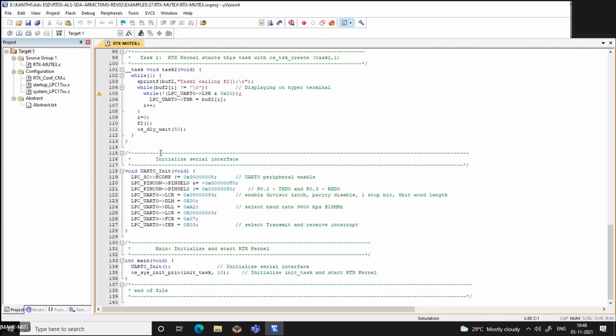Supposing I don't give any time for release, then what happens? This particular process waits for the mutex for a short amount of time, and it will go to suspend. From there on, it will remain in suspend only. It may not get a chance. Now what we are trying to do is, at least it should get a chance, so that we give some processing time for the other process so that it can release it.